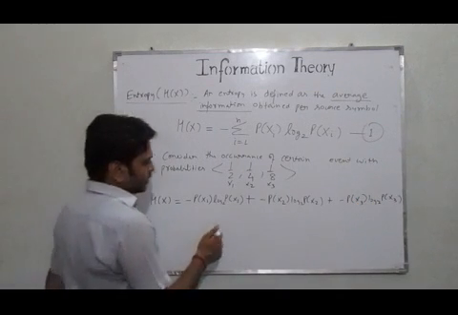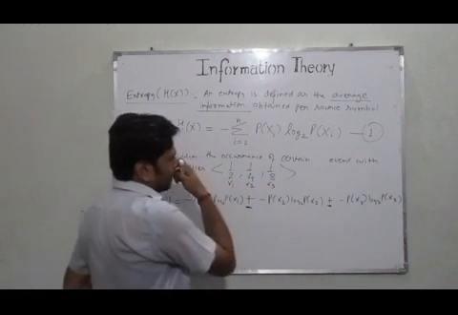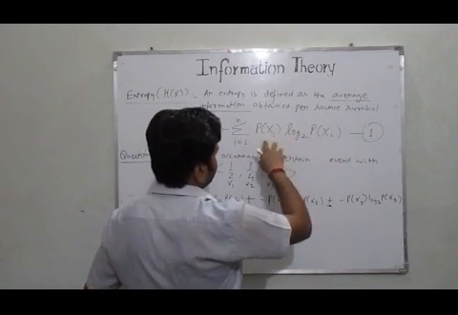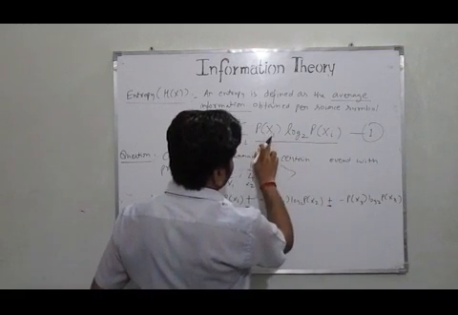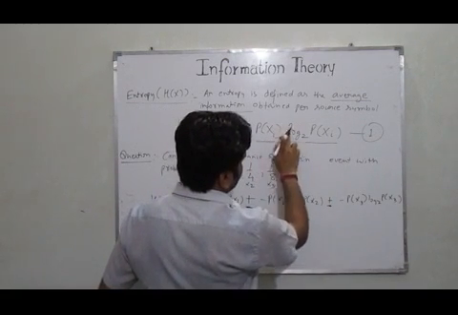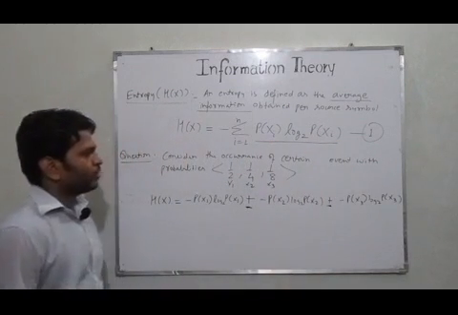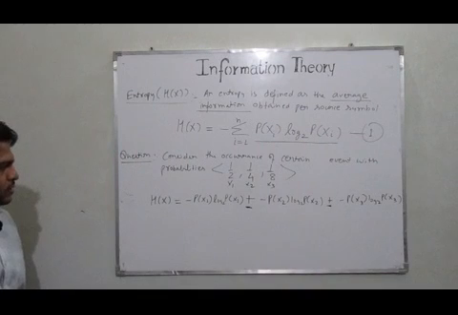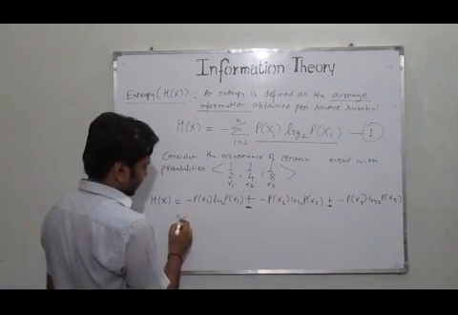So you can understand that basically it is a sum of the product of the probability and the logarithm of the probability of which a particular event occurs. So I can reduce this thing as